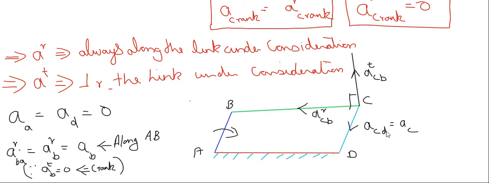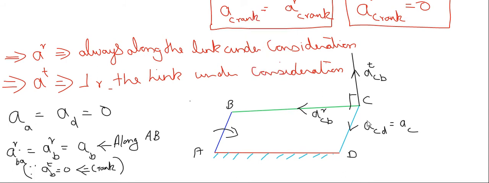So we can avoid C, or you can write ACD, no problem. AC will be along the length CD, and you will see in the text that they use the letter AC instead of ACD, that is, acceleration of C with respect to D. Acceleration of B with respect to A will be written as AB because A and D are constant, they do not have any acceleration. So for relative acceleration and relative velocity, they skip the letter representing the point which is stationary. You can use both, ACD is okay, or you can use AC.